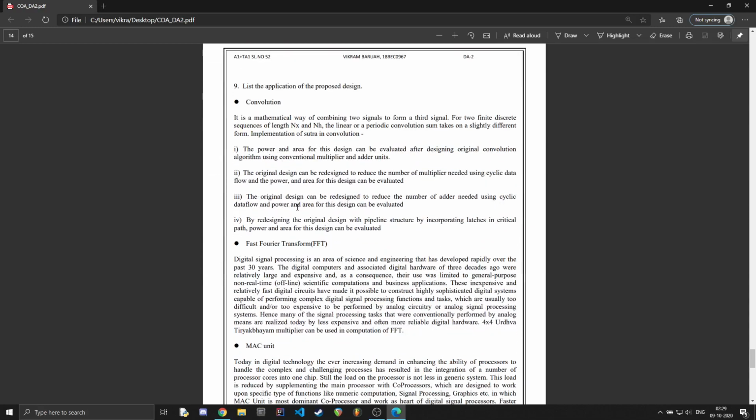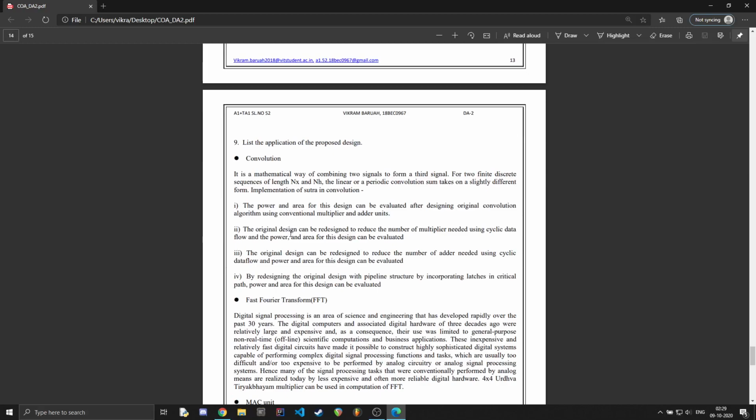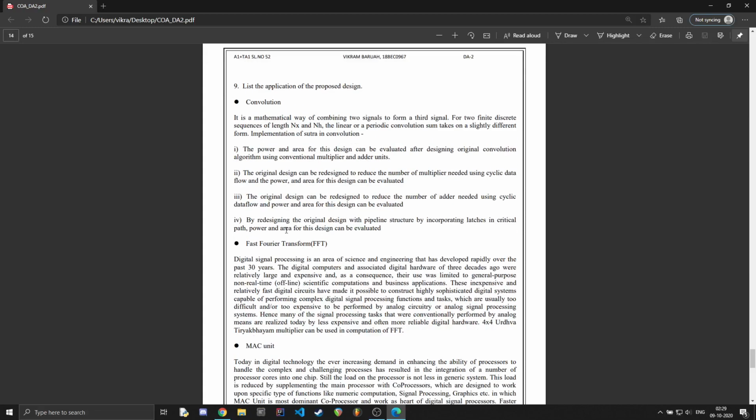And the applications for the proposed design are, as I already stated earlier, that it is faster, it is more efficient, it reduces the delay, and it increases the percentage yield. And furthermore, we have convolution. So, the power and area for this design can be evaluated after designing the original convolution algorithm using conventional multiply and adder units. Then the original design can be redesigned to reduce the number of multipliers needed using cyclic data, and